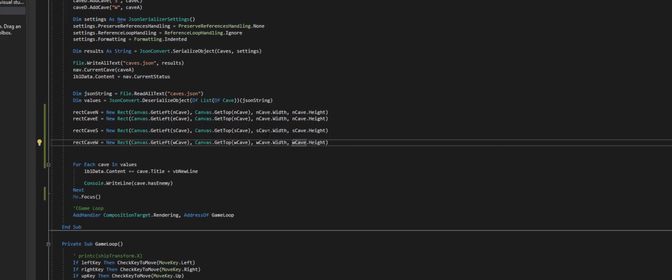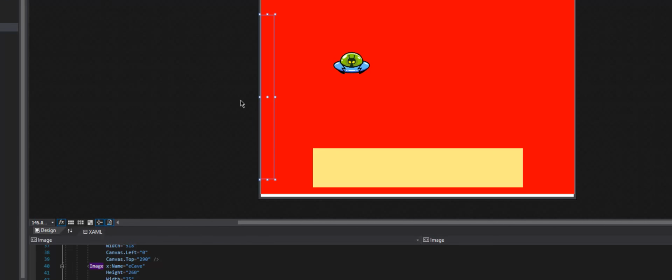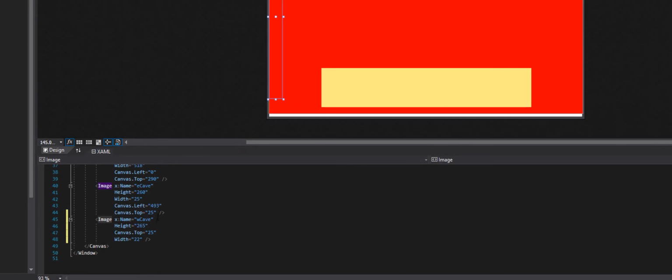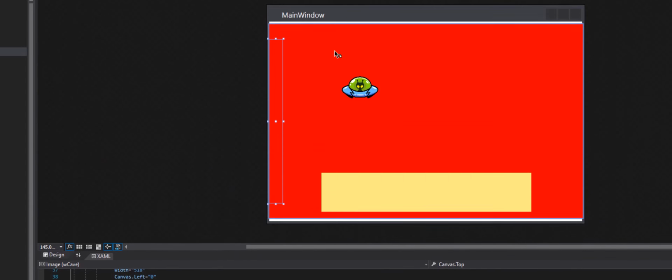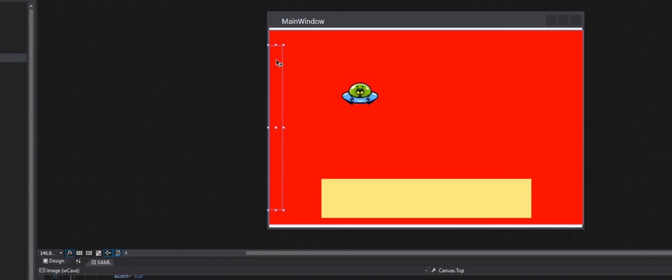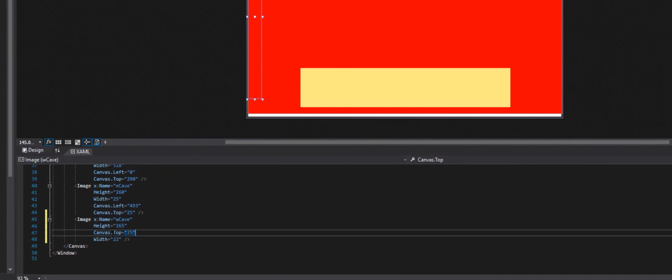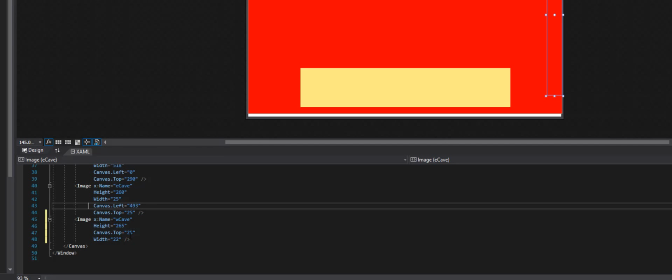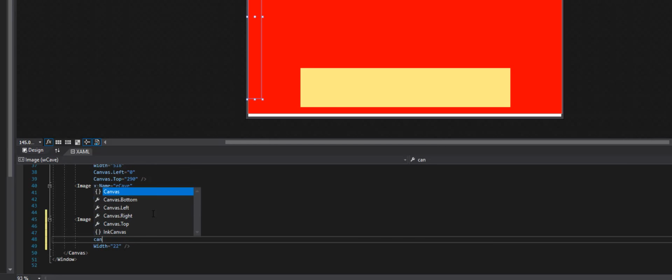There we go. Now there's a problem with the left cave that you won't be able to see initially. When I drag the left cave out, you'll notice that down here it just has a top, right? So this can drive you nuts. You will not be able to get a proper coordinate from this left cave or this left image because of this. And so what we want to do is explicitly set the top and the left. So right now I have a top, right? So even though I have a top, I'm going to go ahead and type in